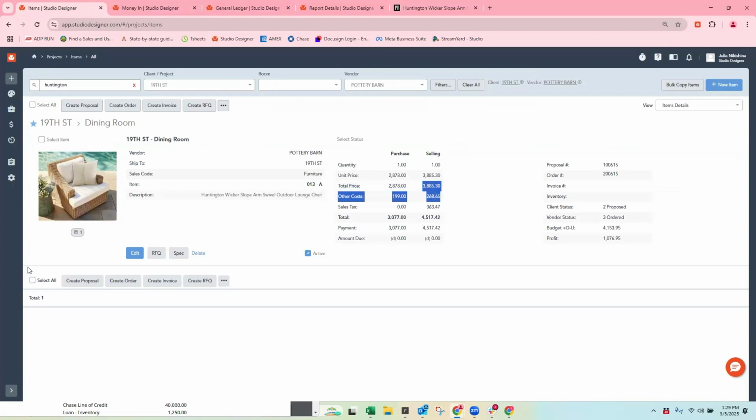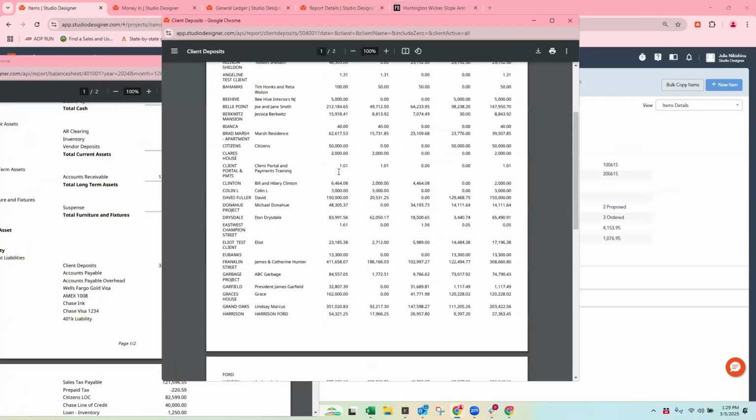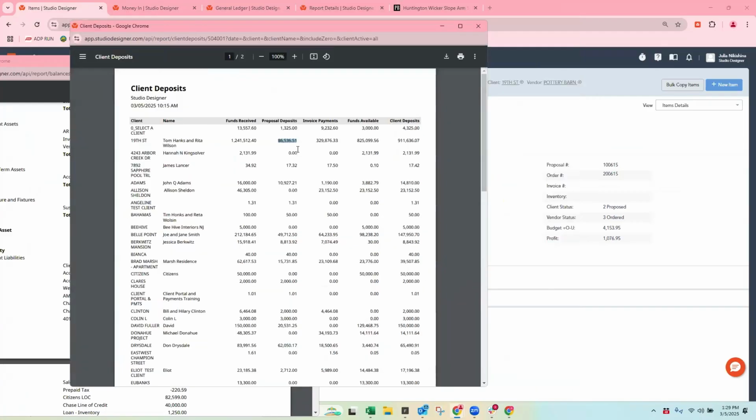This is living in client deposit. So 19th Street. Well, and this number changed, but it's living in this number under proposal deposits under this client. Okay, fine. It also indicates to us that this is work in progress. It's not yet completed, hasn't been finalized, and is not on our income statement.